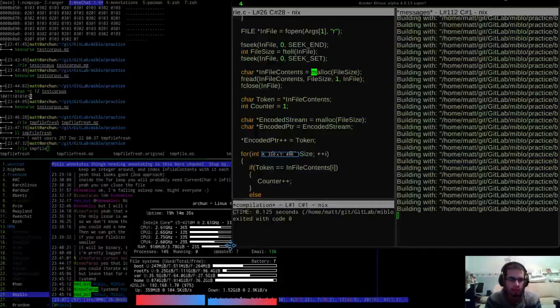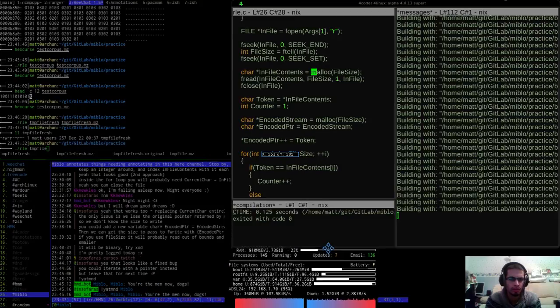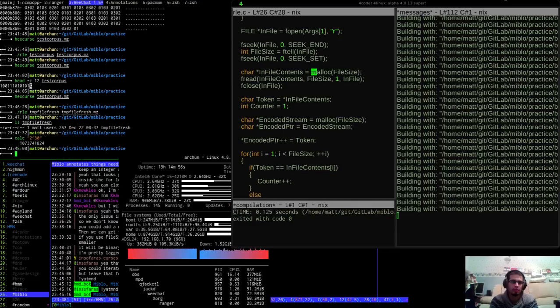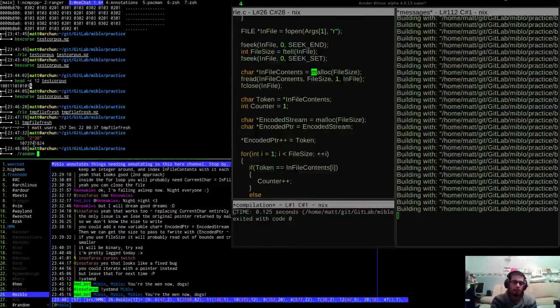Temp file fresh. Let's just generate it again. Random. I need a number, don't I? 2 to the power 30. Right. Random this. Put it into temp file fresh.